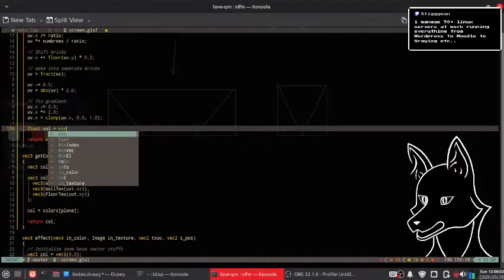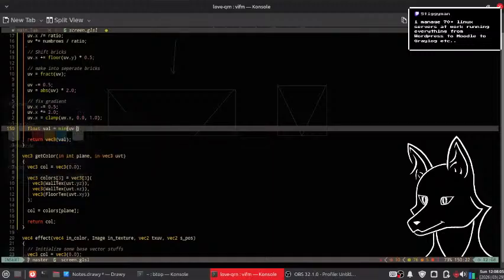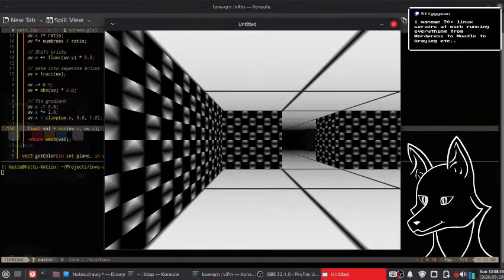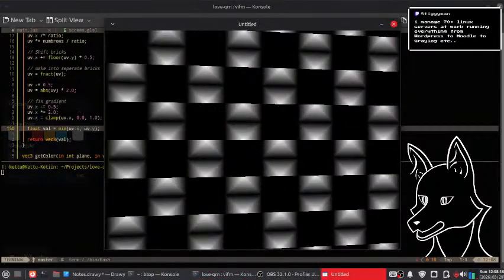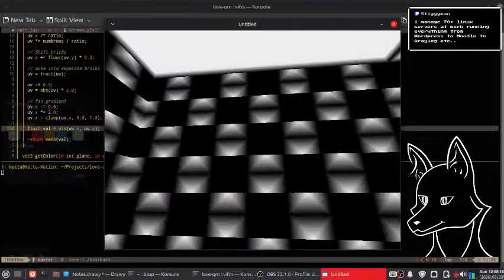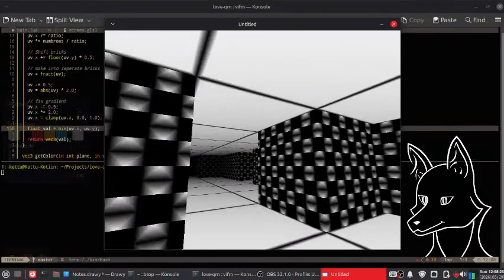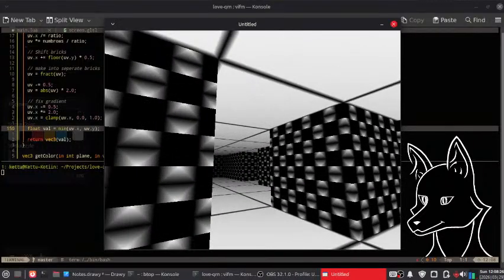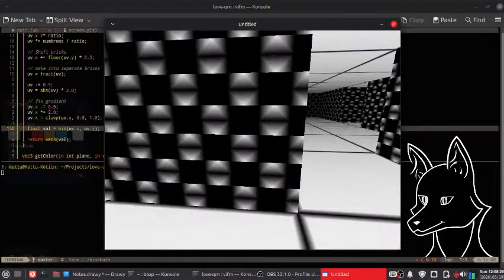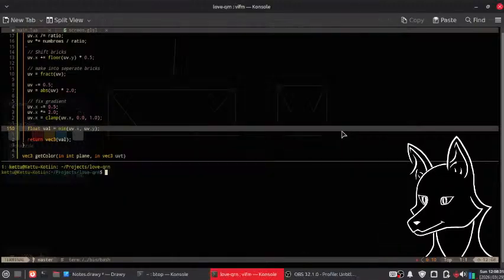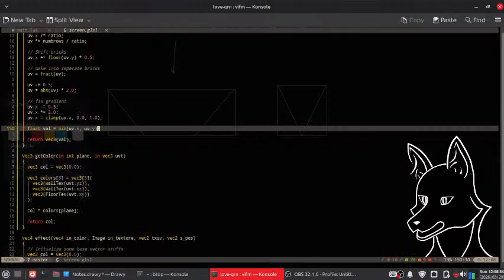Well, to the minimum of... okay, so why is this not correct? What am I doing wrong? What did I fuck up? So, instead of it being out to the side,